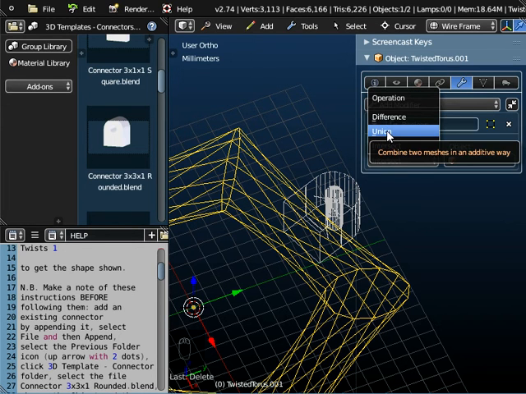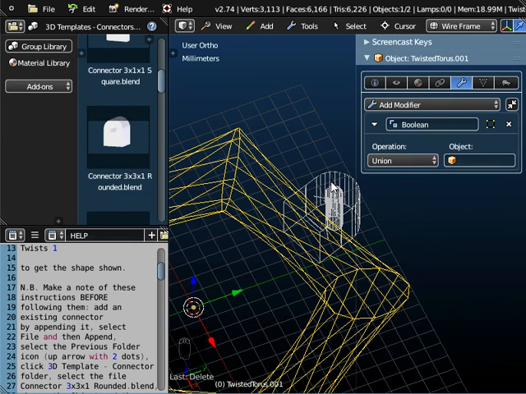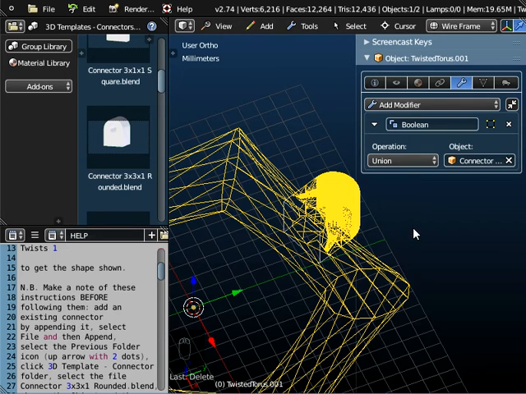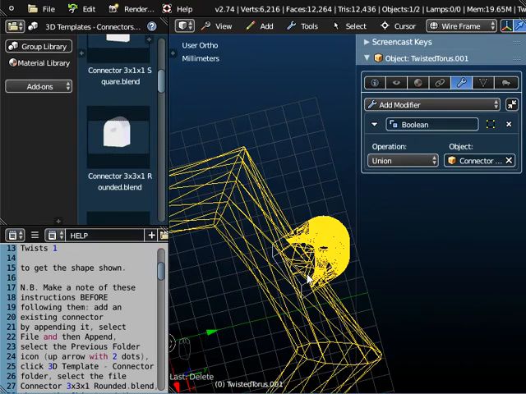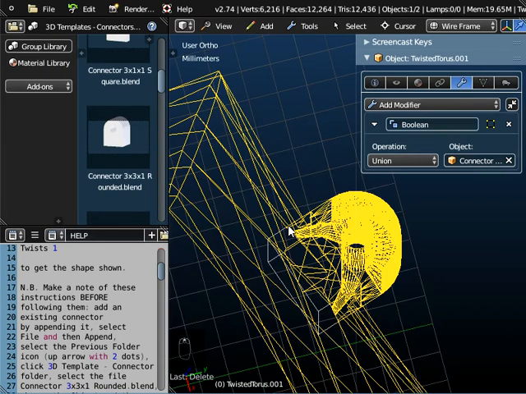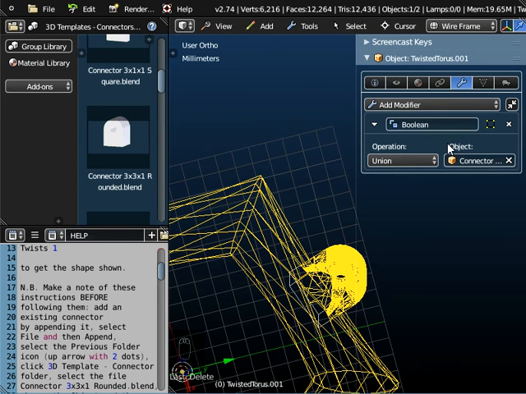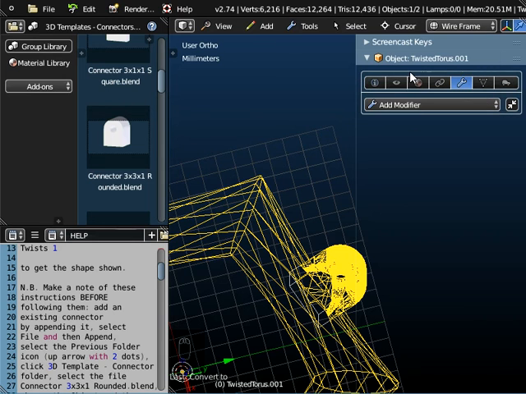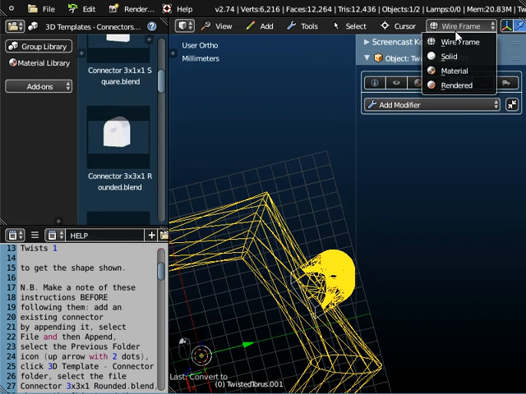We want to create a union, we want to combine the two meshes together, and the two meshes we want to combine together are the Twisted Torus and the connector. And when you do that, if this text is displayed here, it means that FluidDesigner should do its job. Now we haven't completed this at the moment. There are still lines on the inside of this object, so we need to apply this Boolean union, and we do that in FluidDesigner by going to Tools, Object Tools, and converting it to a mesh. And when FluidDesigner does that,